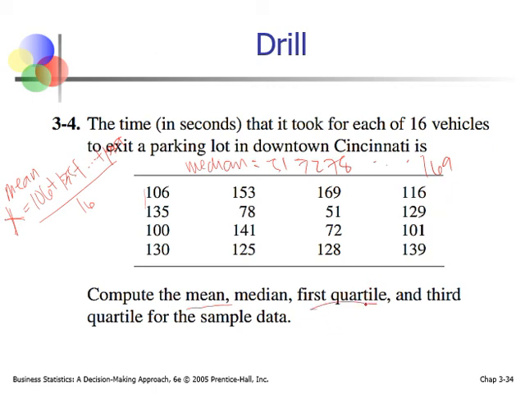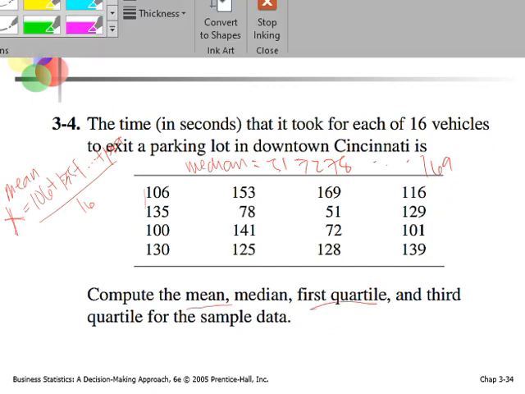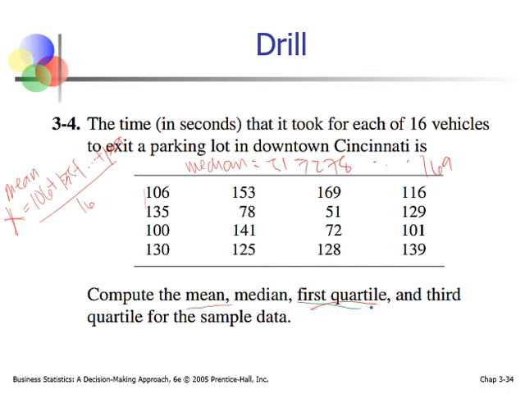For the first quartile, your formula has k equal to 25 and n equal to 16. And for the third quartile, k is equal to 75 and n is equal to 16. Then you can solve all of this problem.